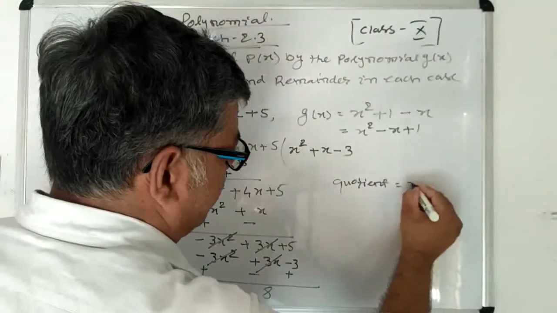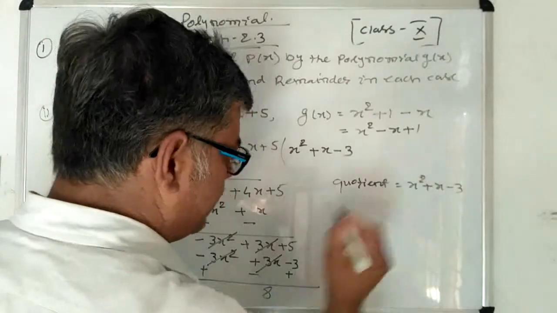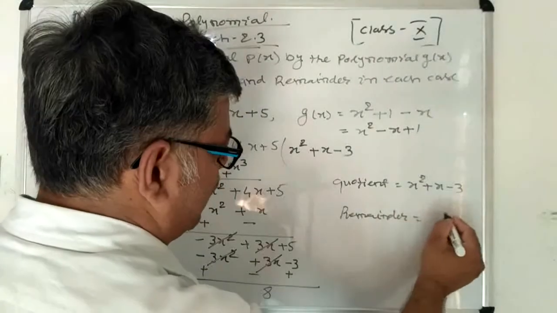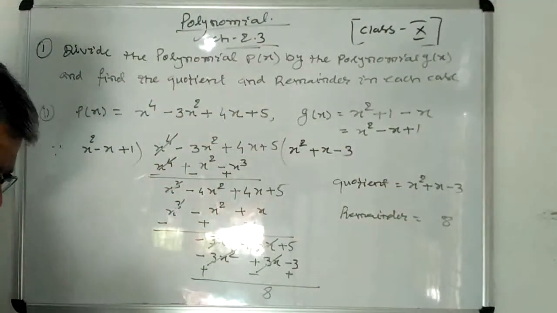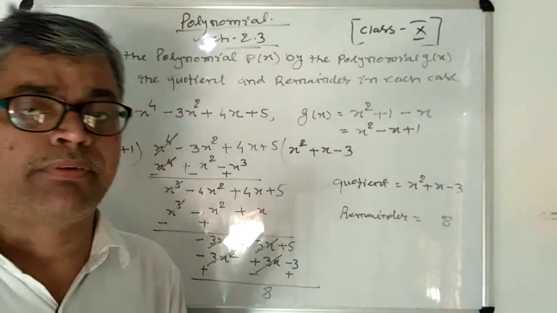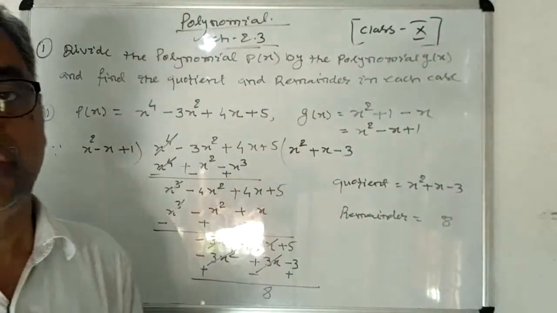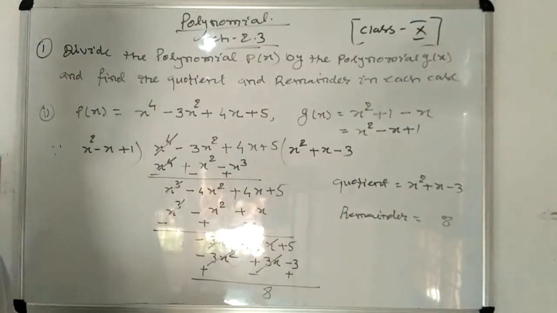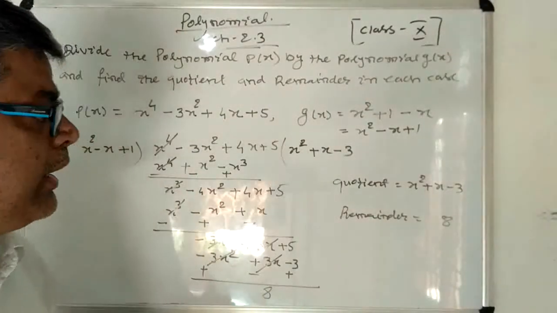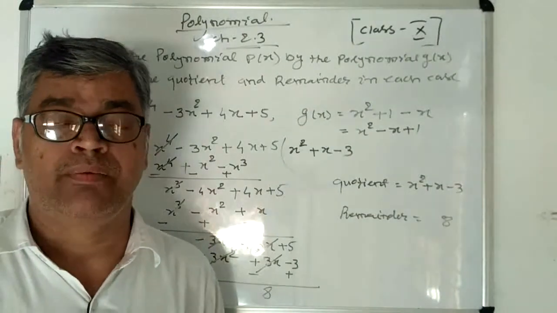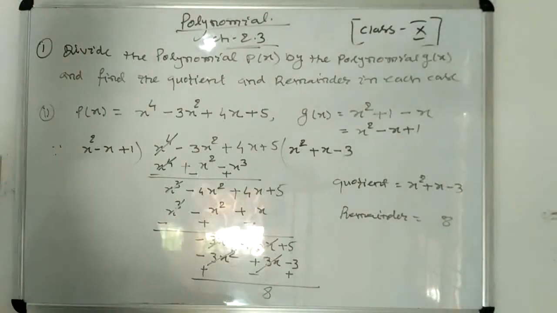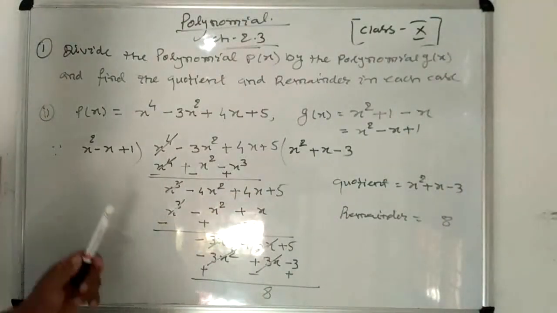So on the basis of that, now your division stops, and you got the quotient equal to x square plus x minus 3, and remainder equal to 8. This is your remainder. So in this way children, you can perform division, and you should know how to divide algebraic polynomials or algebraic expressions, because this is very useful in a few questions where you require the division of polynomials. So follow the steps carefully and perform the division.